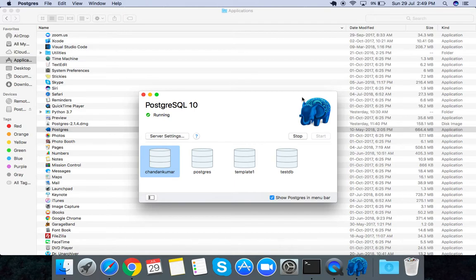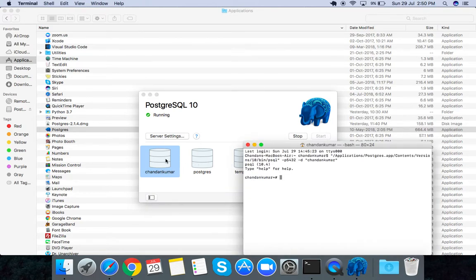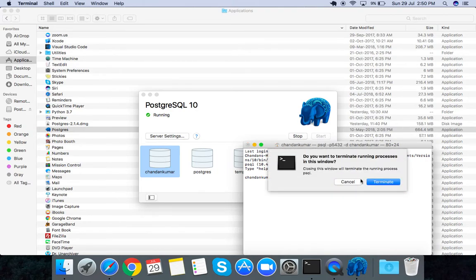But when you install it the first time, it will show an initialize button here near the stop and start. So you have to click that initialize. After that, this will come. First of all, you will see only three databases, 1, 2, and 3, that I have created now. So first of all, you will get three databases only. From here itself, if you want to create a new database, then double click here and go directly to the terminal. But what you have to do first,